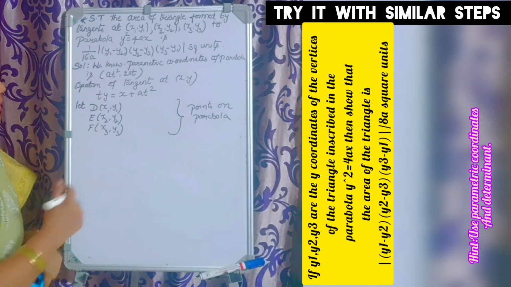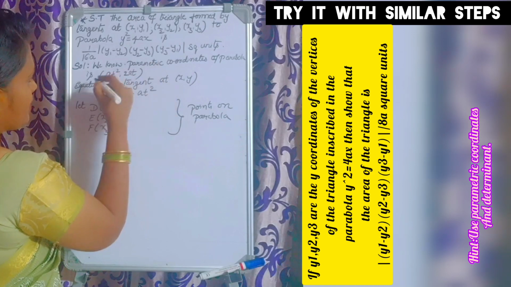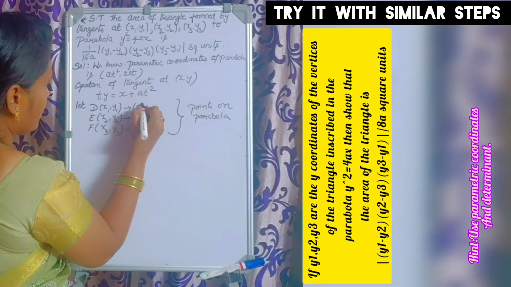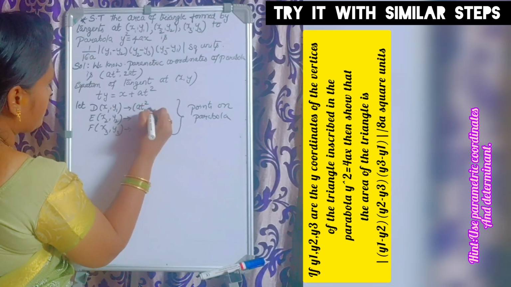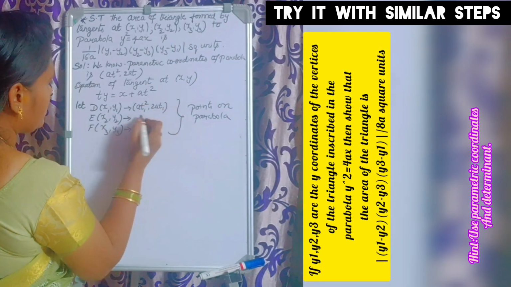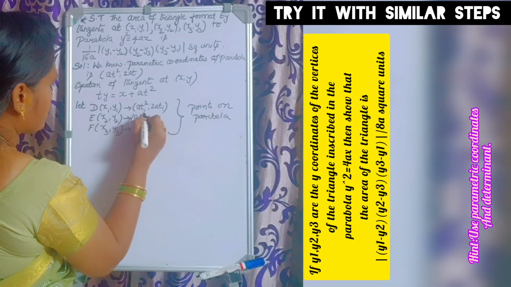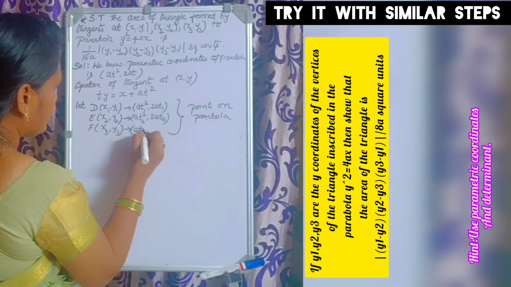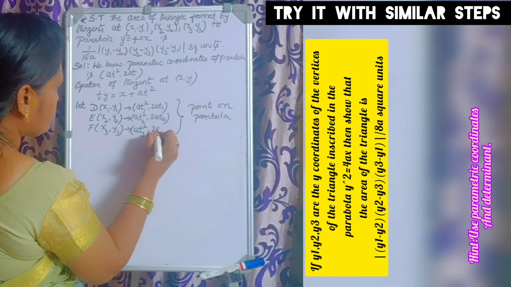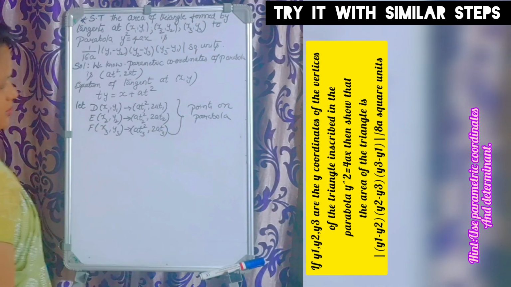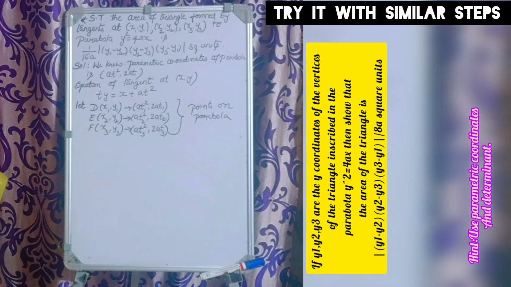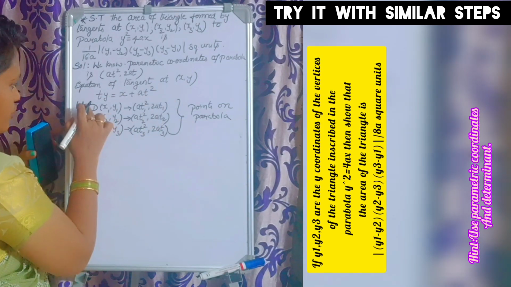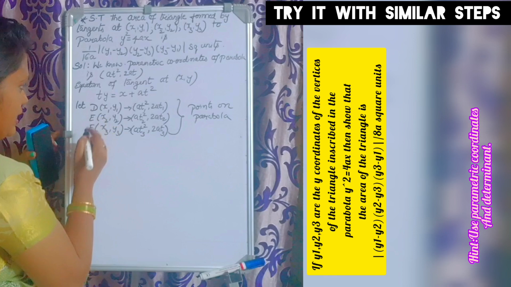Then the corresponding parametric coordinates of points D, E, F will be (a t1 square, 2a t1), (a t2 square, 2a t2), (a t3 square, 2a t3). Okay. Similarly, the equations of tangents at the corresponding points D, E, F will be,